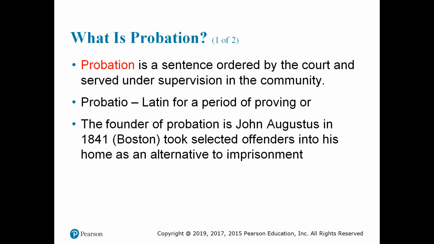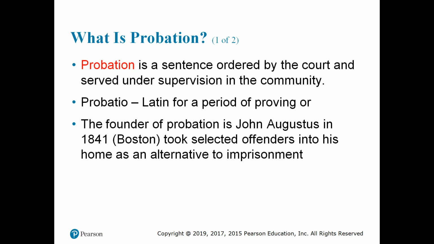And the founder of probation, which the book goes over, is John Augustus back in 1841 in Boston. He took selected offenders into his home as an alternative to imprisonment. I'm not sure what Mrs. Augustus thought about this, but it was very successful. He would take the person back into court after 6 or so months at his home, teaching them a skill and a vocational training program, and show the court that the person's been rehabilitated and can now go back into the community. So John Augustus, founder of probation,